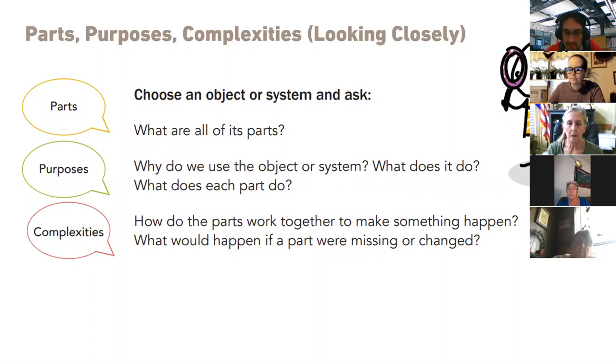Okay, so the next one is purposes. So all those things that we just listed, what are the purposes of them? And they can be simple purposes. That's totally fine. So, like, what is the purpose of a trackpad? Allow you to move the cursor and select items. Yeah.